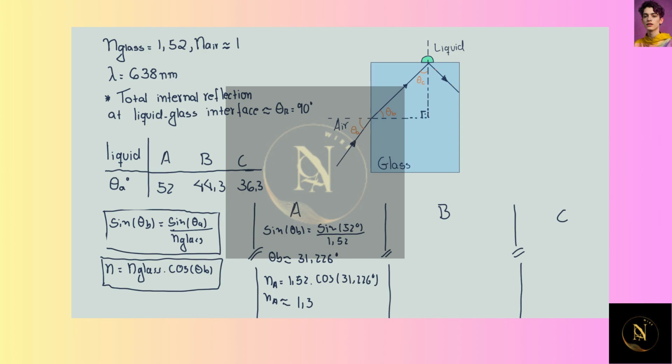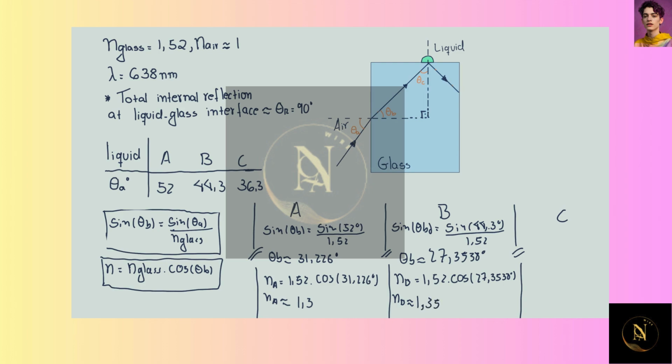1.3. Now, for liquid B, we have the sine of theta B equal to the sine of 44.3 degrees divided by 1.52. This results in an angle theta B of approximately 27.3538 degrees. Then the refractive index of liquid B is 1.52 times the cosine of 27.3538, which results in approximately